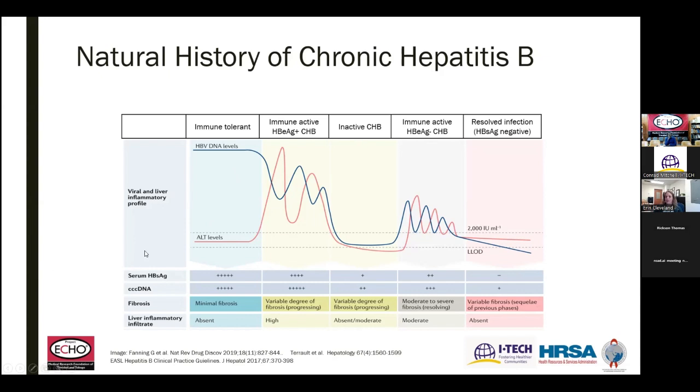Individuals who are infected in infancy or early in life will begin in what's called the immune tolerant phase, where they have very, very high hepatitis B DNA levels, often in the many millions, but have normal ALT levels and very minimal evidence of immune activation. The immune system essentially tolerates very high levels of virus. So if you were to biopsy these people, they'd actually have very minimal signs of inflammation and generally no scarring